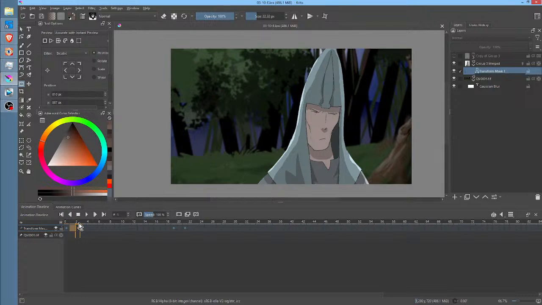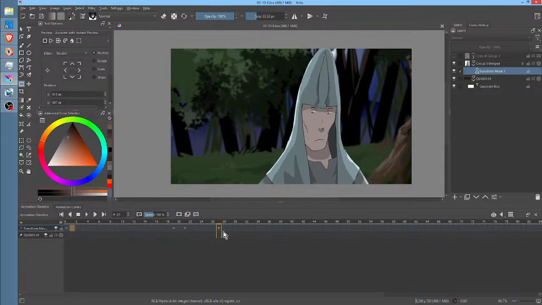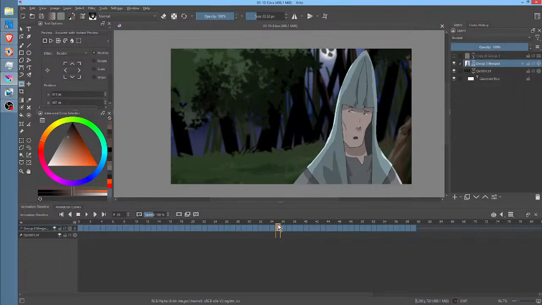Honestly, from an acting standpoint, these two expressions right here really are the key. None of this stuff matters.